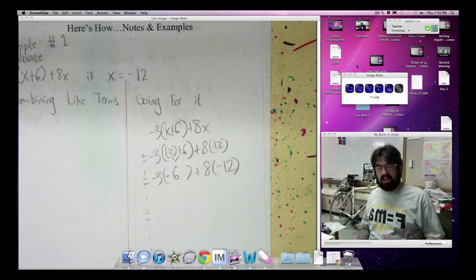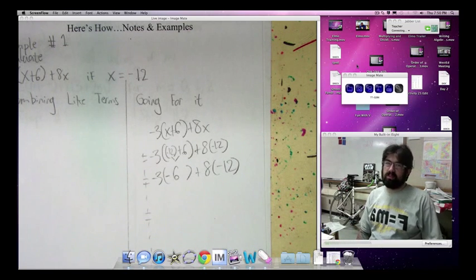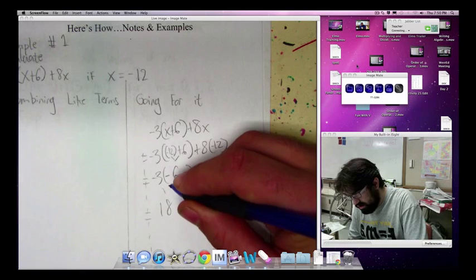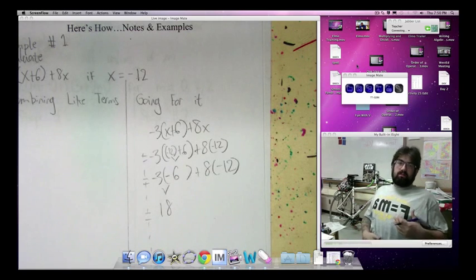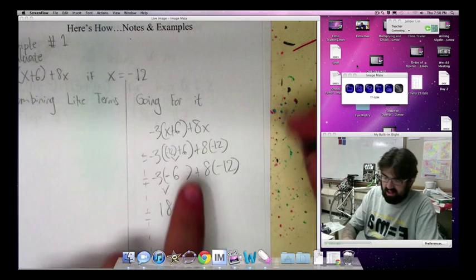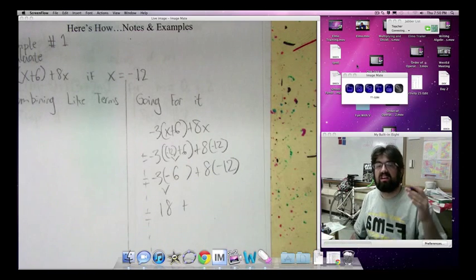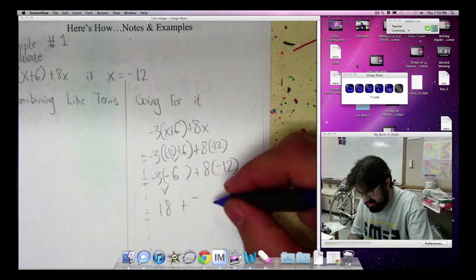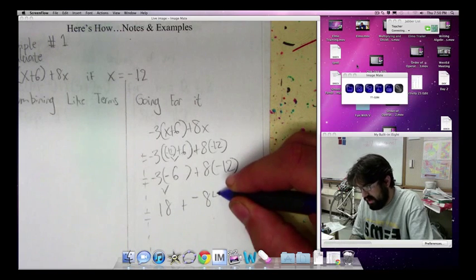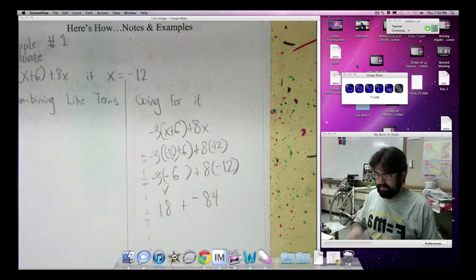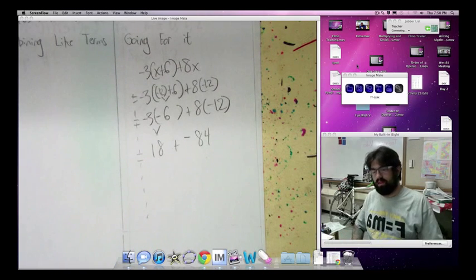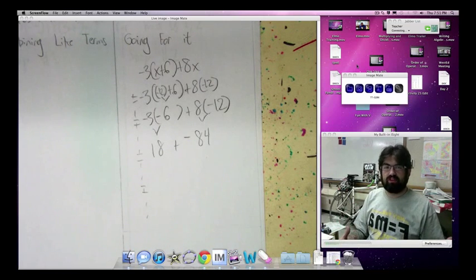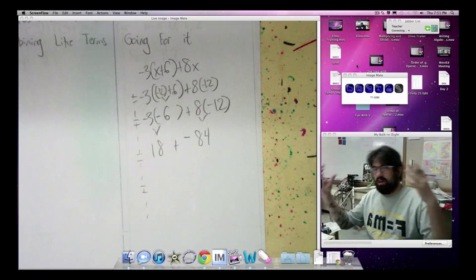Now, I'm going to take -3 and -6, and I'm going to say, well, negative times a negative is a positive, and 3 times 6 is 18. I'm going to multiply all at one time, so I'm going to bring that plus down. I'm going to say a positive times a negative is a negative, and 8 times 12 is 96. I think so. Do you? I think so. 18 is positive, -96 is negative. There are more negatives